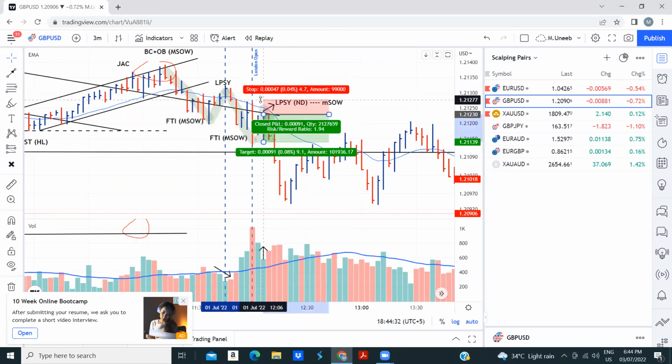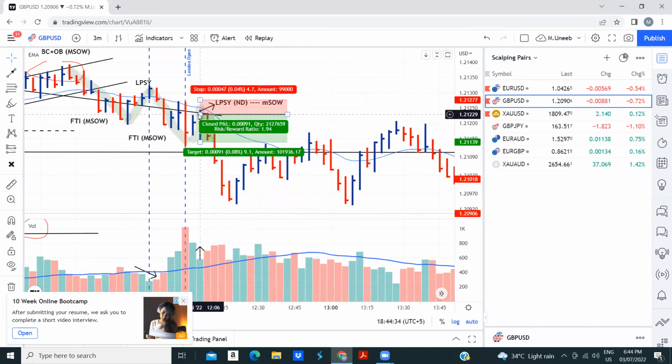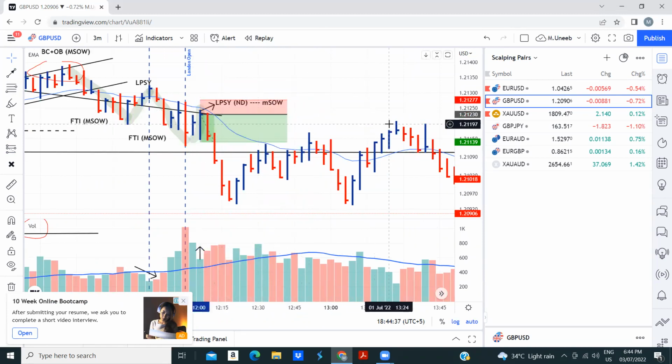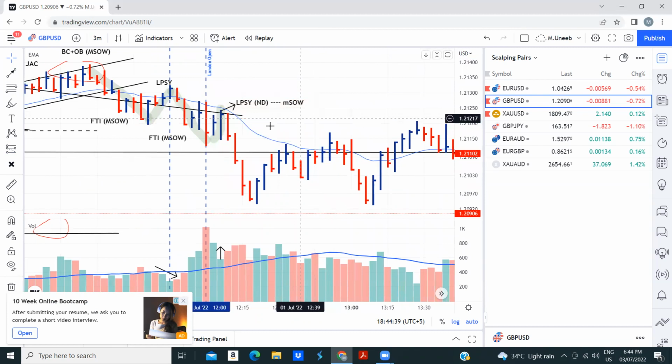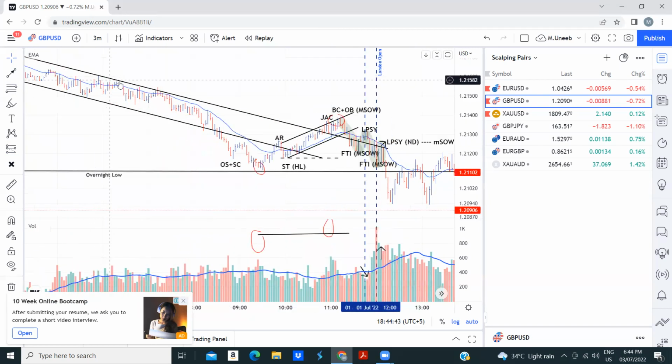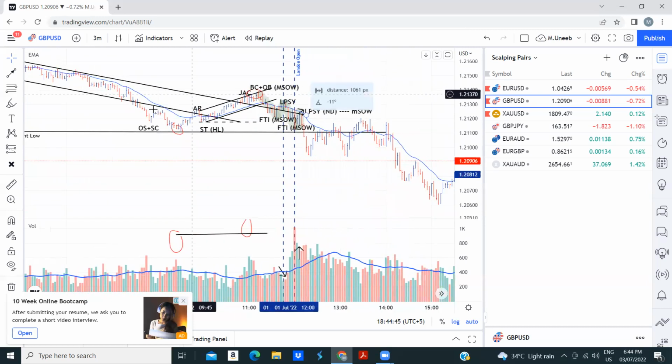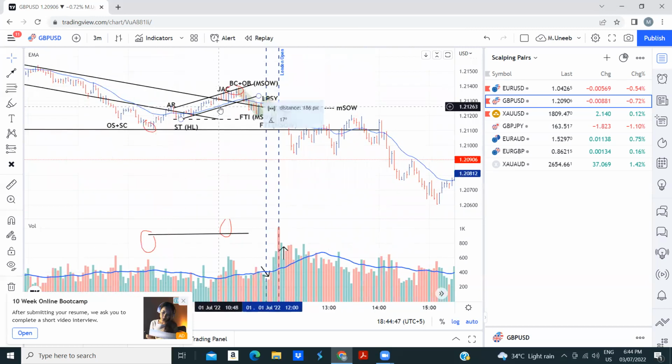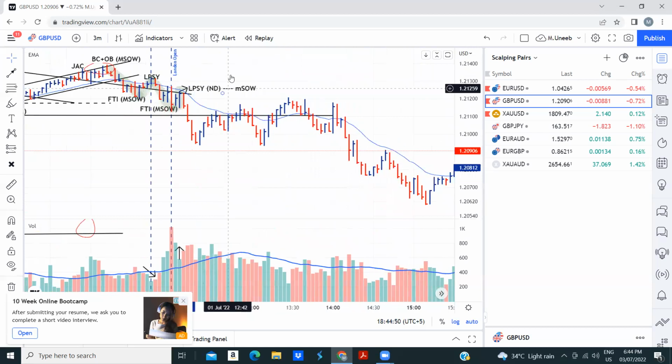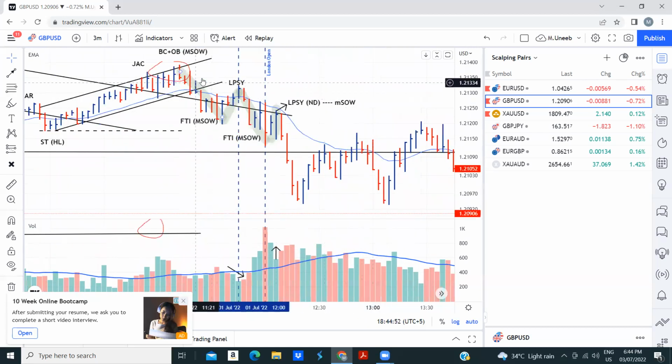Okay, you place the stop loss right over here, because now we are taking this entry as a no demand, because it comes on the reference line. Now, how do I know which is the reference line? The reference line is this line, this whole trend line coming here. So we have this reference line, this reference line, this reference line, this reference line. Got it? We have 4 reference lines. Okay. And the 5th reference line is overbought here. This one. Okay, here. This one is the 5th reference line, because this one would be,